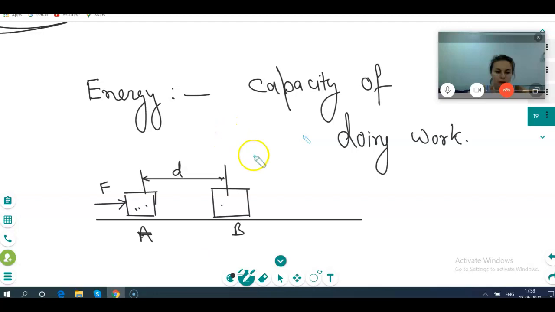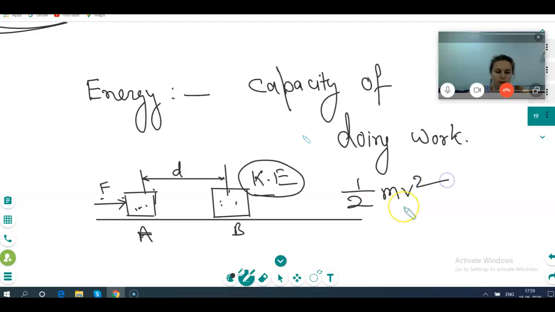It will gain kinetic energy, in science language. Once you apply the force and push up to here, with continuous force, it will gain kinetic energy. Is it clear? How much kinetic energy will it gain? Half mv square. Correct? After that, this box will continue moving. Then where does this kinetic energy ultimately go? It will stop somewhere. Where has this kinetic energy gone?